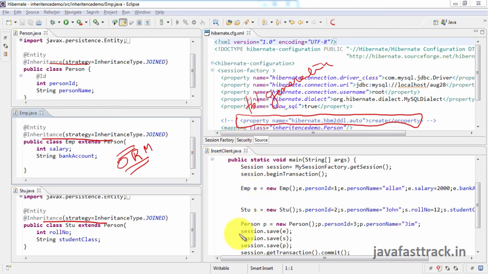Whenever you do save operations or any operations, you will be using the session factory. The session factory will be reading the Hibernate configuration file. At that time, these tables will be automatically generated. So your responsibility is only to write these programs with annotations. Tables will be automatically created when you run the client programs.